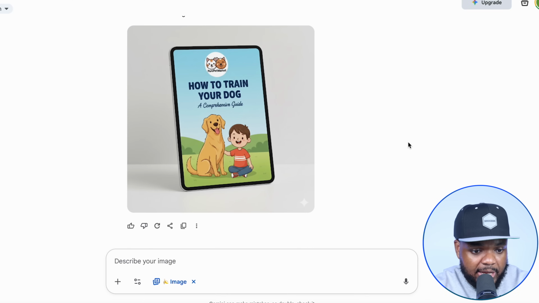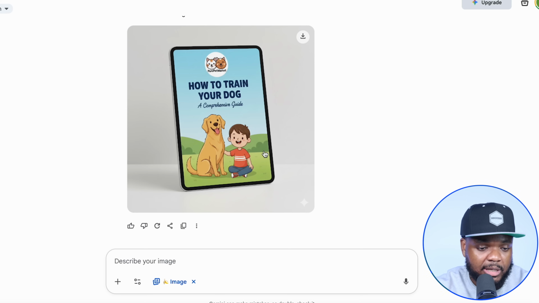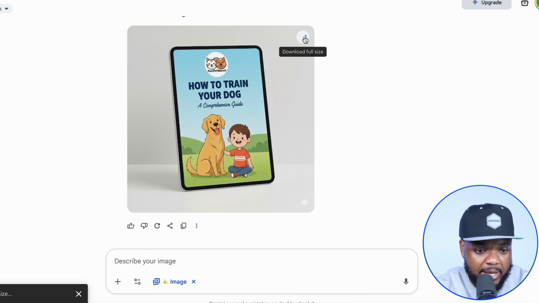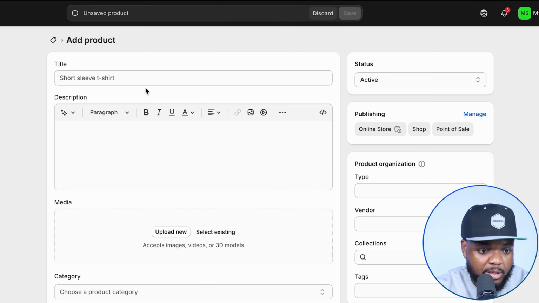And there we go. Once again, it was able to do an amazing job. So this is a perfect cover for a product listing, especially when it comes to something that's going to be simplistic and it's going to be priced within the low ticket digital product range. So if I just click on download full size, all I'm going to need to do from this point is just come over here